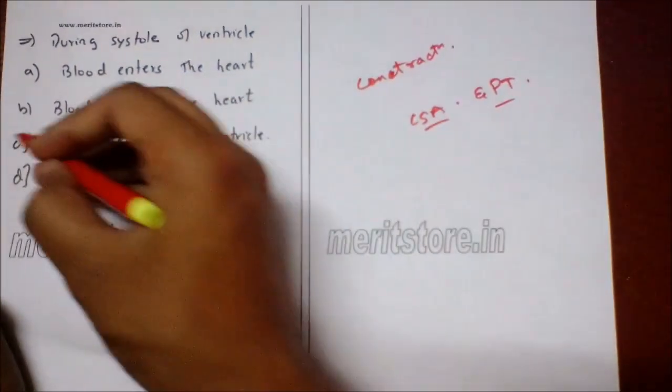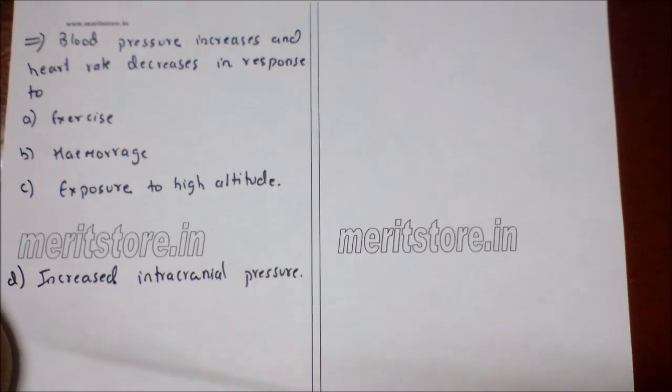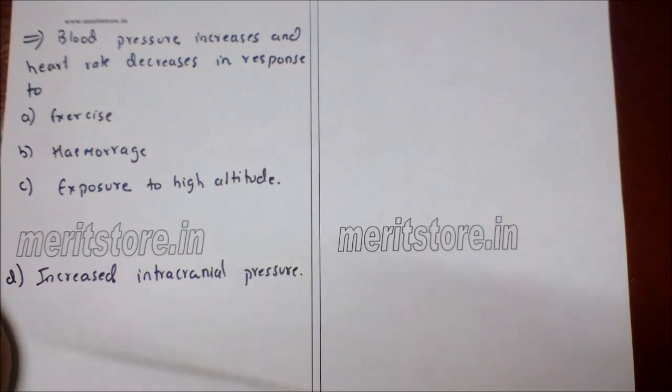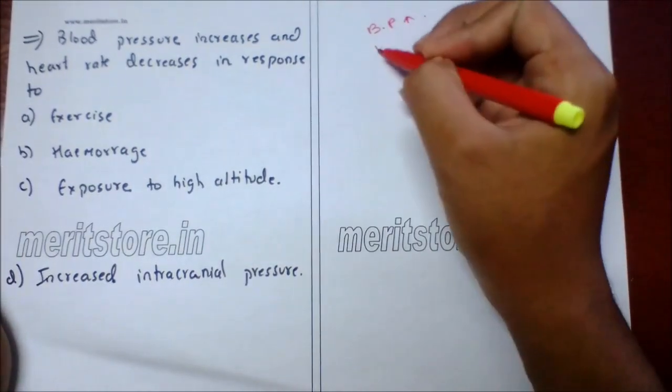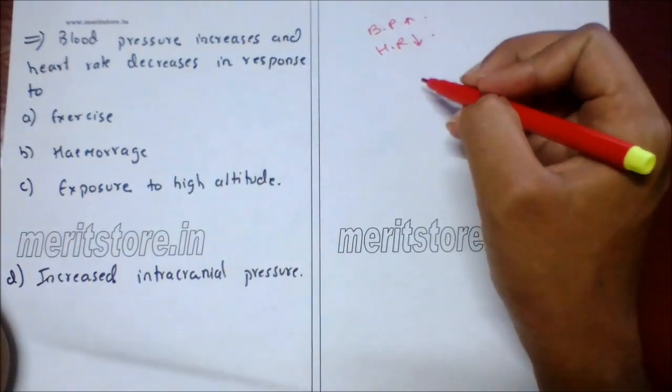So option C is the correct answer. Blood pressure increases and the heart rate decreases in response to A, exercise, B, hemorrhage, C, exposure to high altitude, D, increased intracranial pressure. So your BP increases and heart rate decreases with increase in intracranial pressure, that is